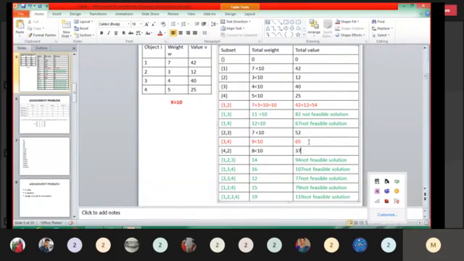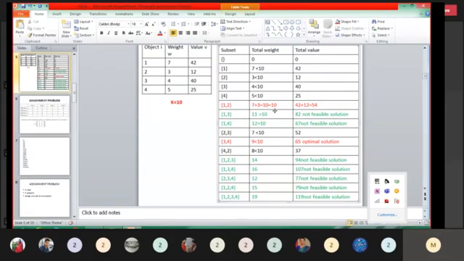This is called the optimal solution. Any doubts here? This topic is the knapsack problem, which is used to find the most valuable objects. Any doubts in the knapsack problem? We need to compare the weight and value, right? Weight should be less than or equivalent to the knapsack capacity. Then we have to find the value. Among these values, the highest value we have to choose.